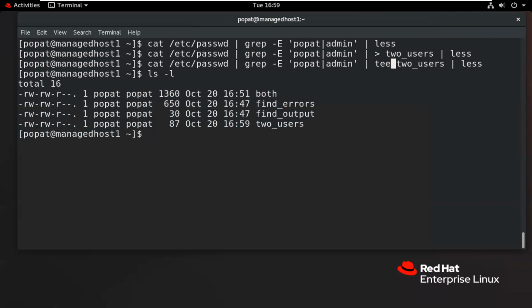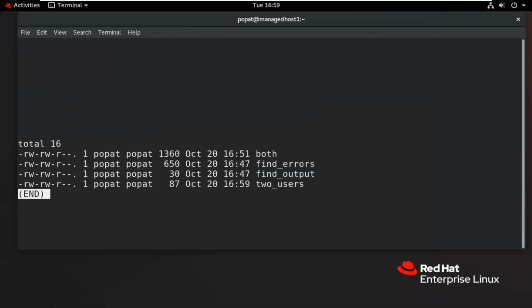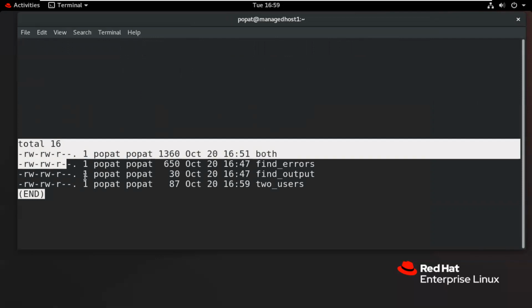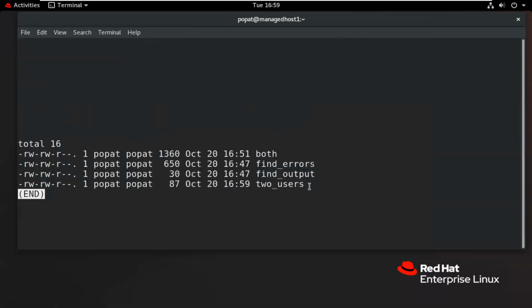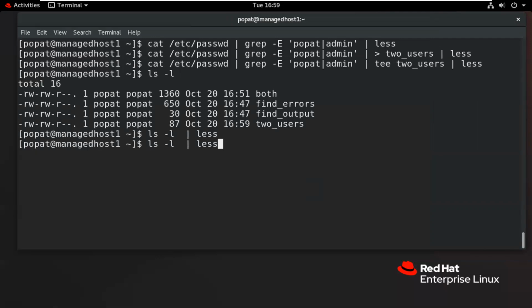We have the output on the screen and we want to check it like this. So it will show me here at the same time. And I want to save the output.